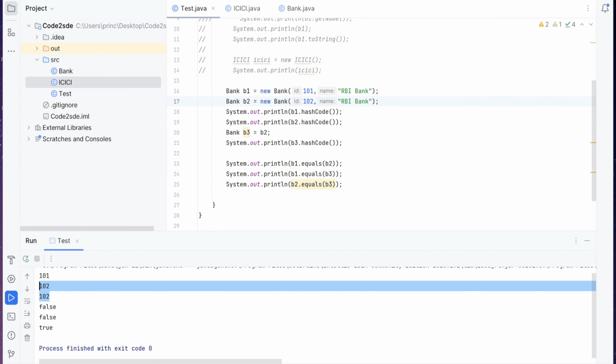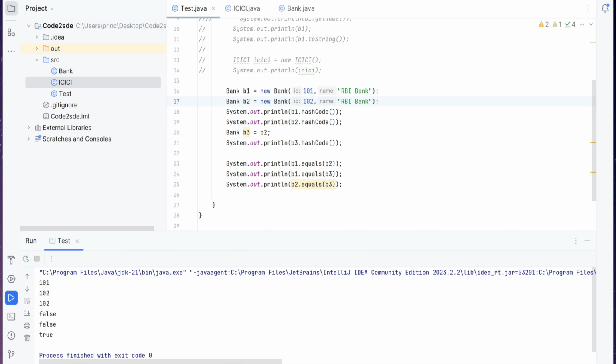So v2 and v3 hash code will also be the same, but v1 and v2 hash code will be different, which is the id. That's why we say return the primary key. If the primary key were the same, then the object would be the same, and from equals we would get true, and from hash code also we would get the same value.